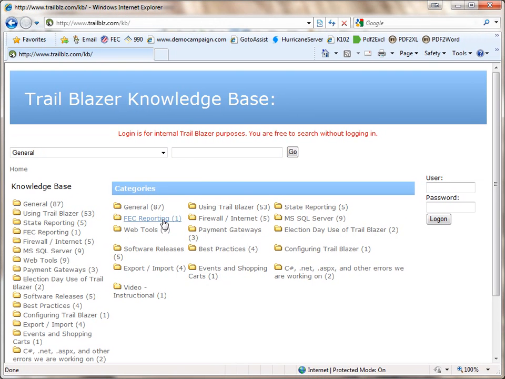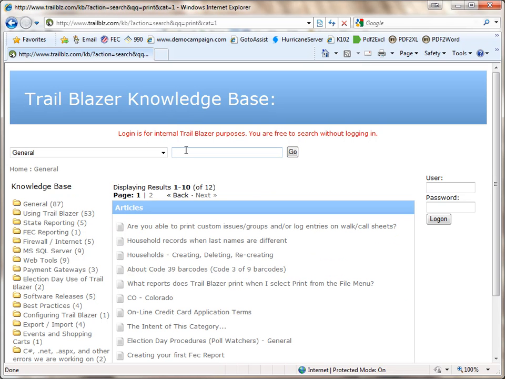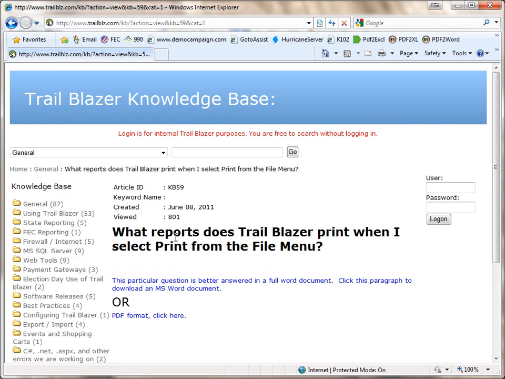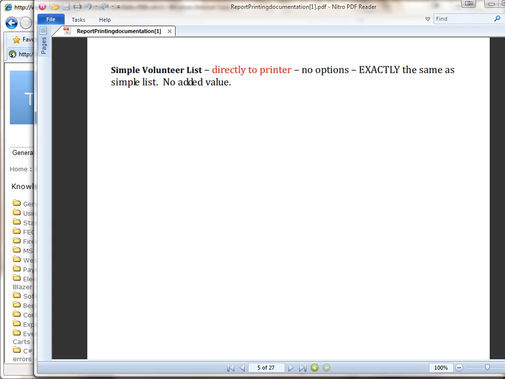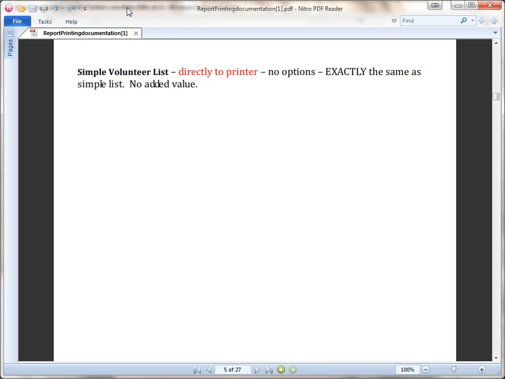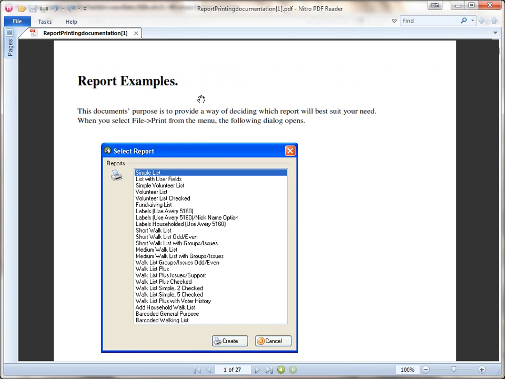And on this page, if I type in the word print, I'm going to get a variety of topics that come up. The one that would specifically help you is what reports does Trailblazer print? When I select Print from the File menu, it'll bring up another screen where it'll ask you to download either an MS Word document or a PDF. In my case, I will do the PDF. And the document looks something like this. So there's report examples,